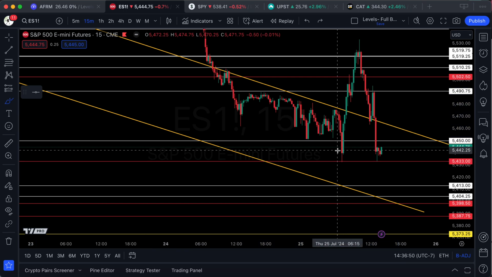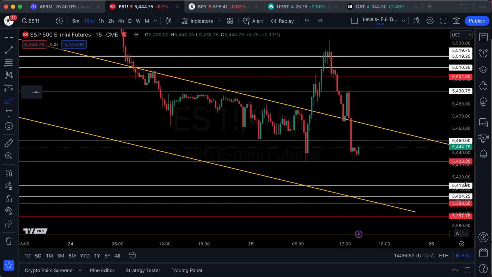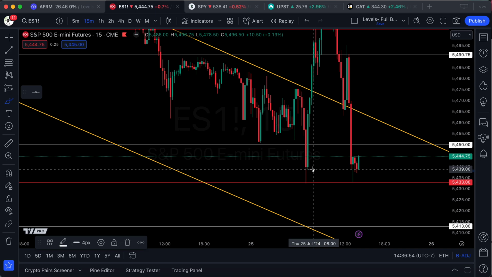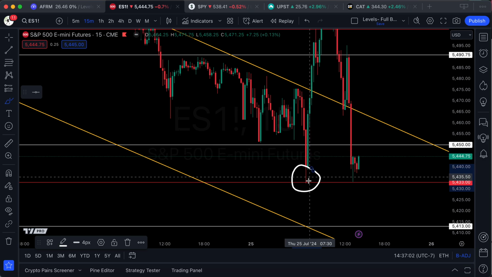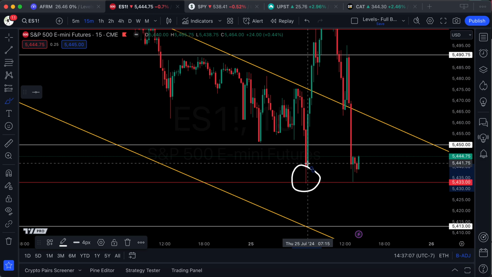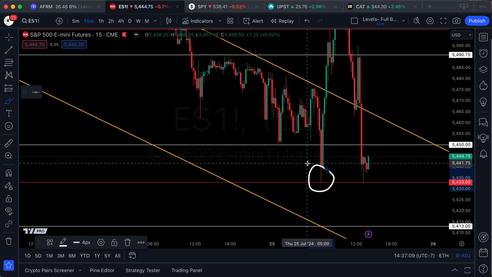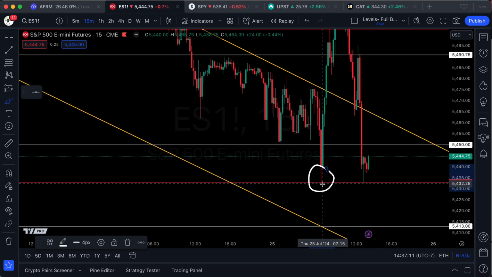And then I saw this wick, which, the wicks are important too. When I saw that wick and then that next green candle, that told me they had done their testing to the downside, right? Because that's a definitive wick off of that level. It's a little bit dicey to get in there, but I really like what I saw with them hitting it to the T.